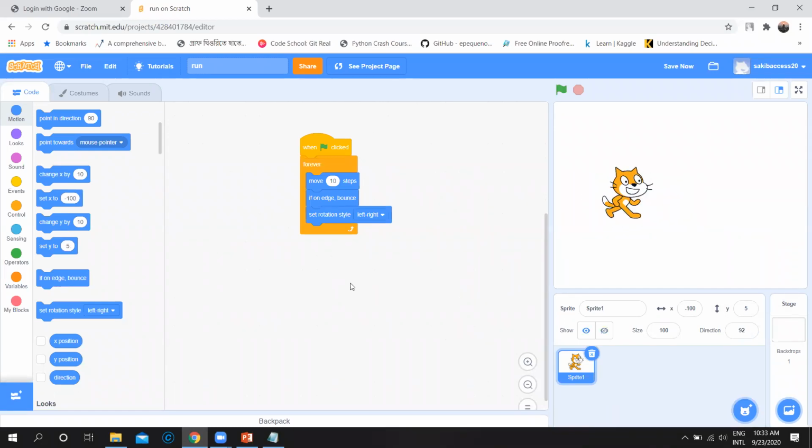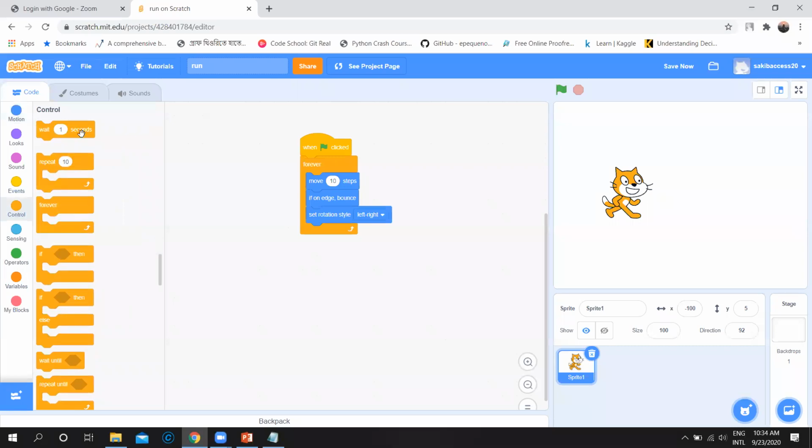That's why it's set rotation style to left-right. Don't worry, it will become clear. Then wait 0.04 seconds. Click on Control, click on wait 1 second. Instead of 1, I want to write 0.04.